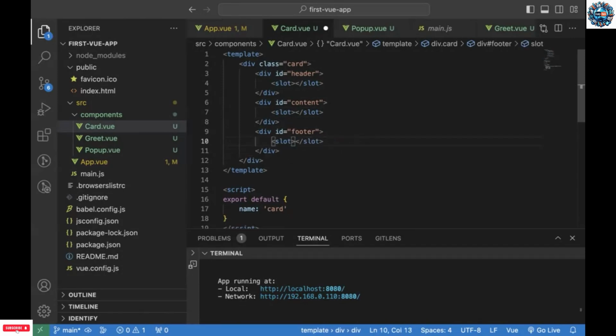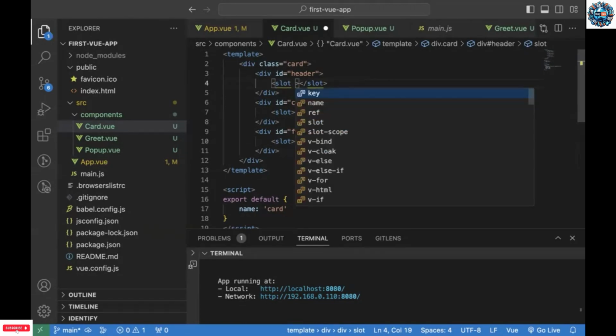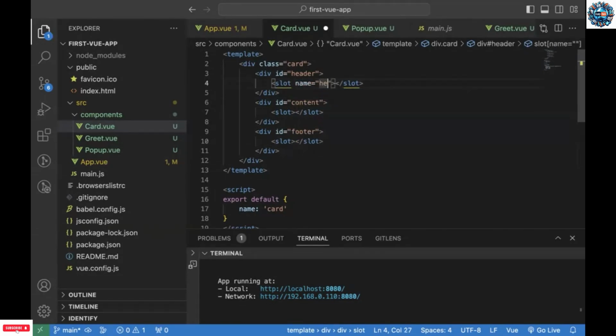And after putting these slots, we'll provide some name to the slots. So let's say this one, I'll call it header. I'll provide no name to this one because I want to show you how we'll handle the slot which doesn't have any name. And this one I'll call footer. So our slots are defined. Now what we'll do, we'll go to our